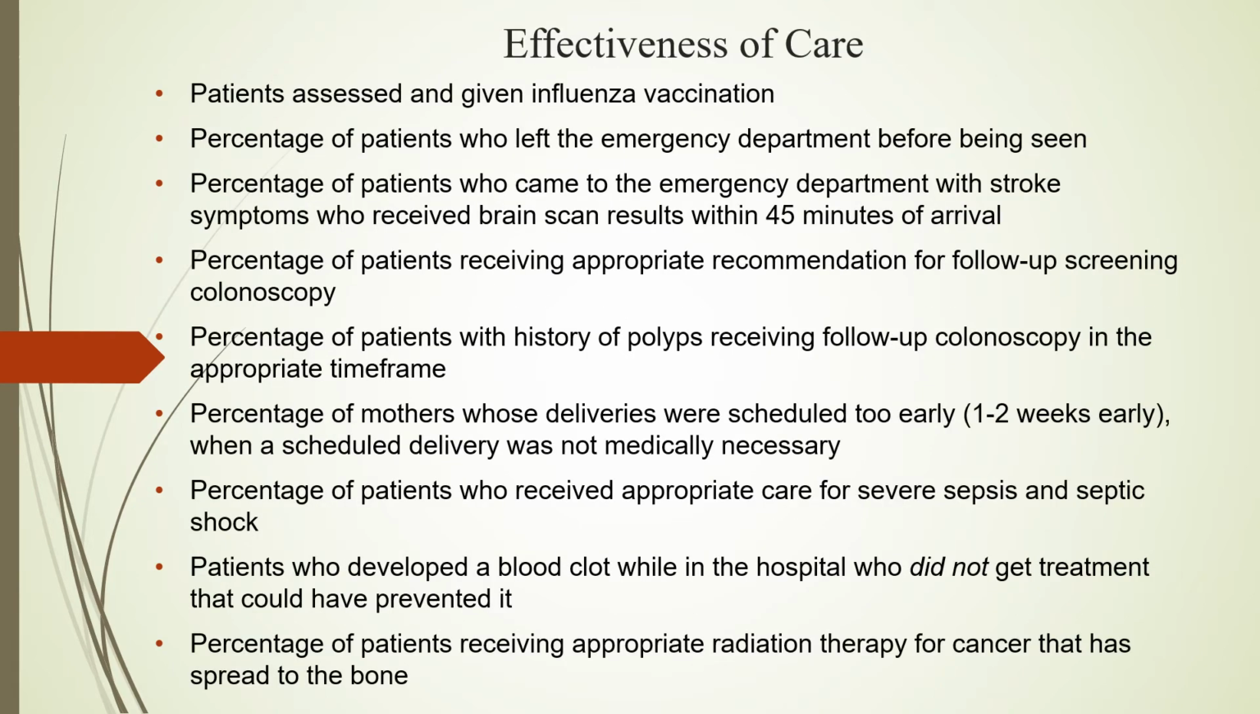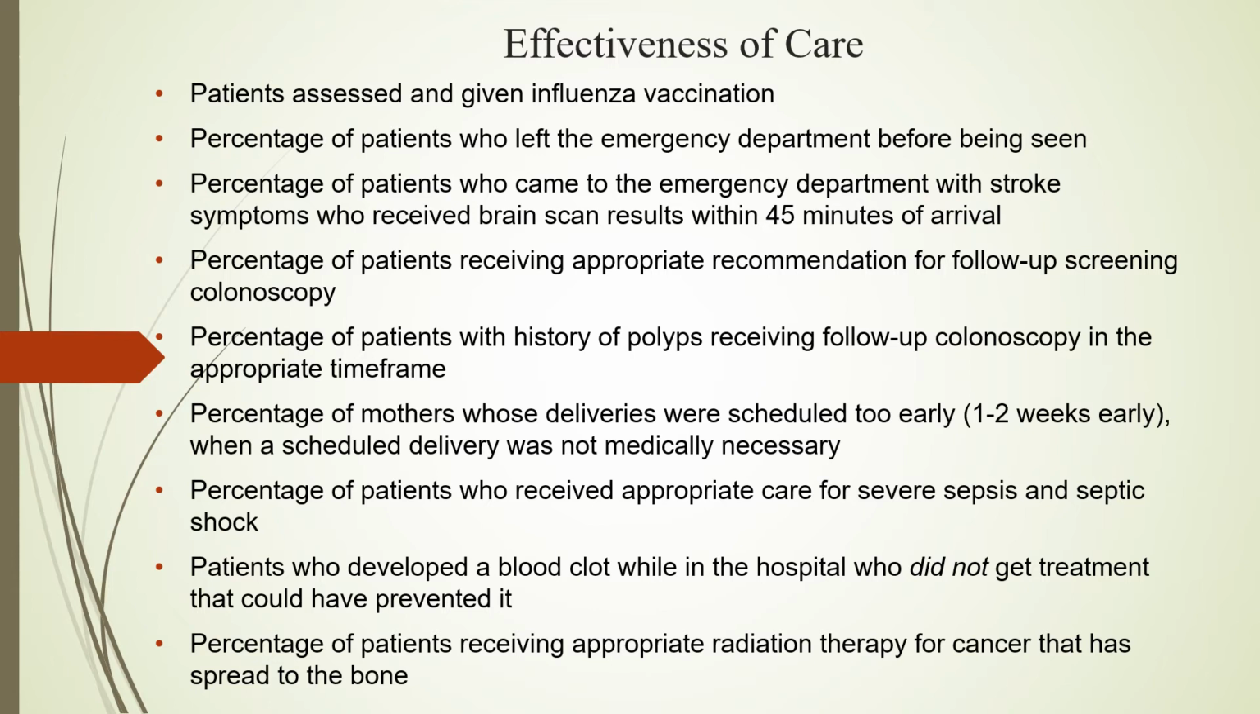There are 9 measures in the effectiveness of care category, and they are patients assessed and given influenza vaccination, percentage of patients who left the emergency department before being seen, percentage of patients who came to the emergency department with stroke symptoms who received brain scan results within 45 minutes of arrival, percentage of patients receiving appropriate recommendation for follow-up screening colonoscopy, percentage of patients with history of polyps receiving follow-up colonoscopy in the appropriate time frame,